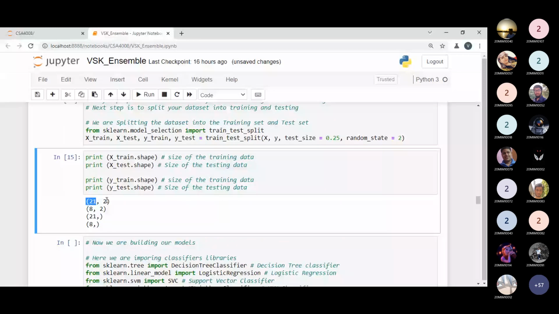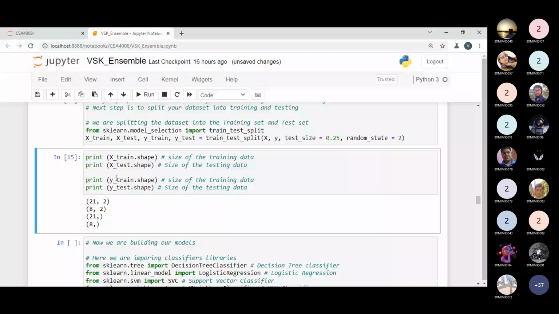And y will represent only the t-shirt size, so we have one column. So it is showing only 21 comma, but the 1 is not displayed because it is assumed at least one column will be available. So training size we have 21, and testing size we have 8.